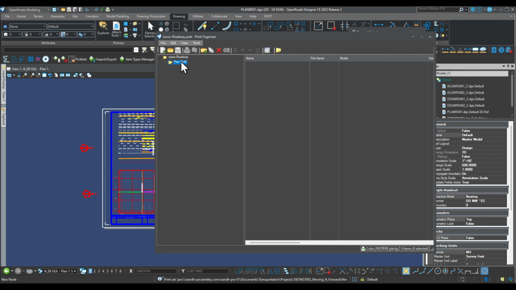It's better because when you have them like that in a bunch of folders, you click again on roadway and add another folder, and then add another folder, and so on and so forth, and then you can right-click and rename them whatever you want. So now let's go back to this folder. Here I want to add